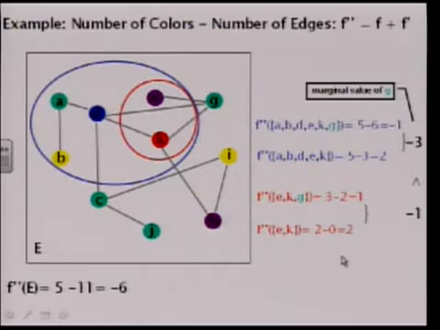If you understand that, the submodular function can also have some property similar to what we talked about for the convex function. We say if you have a linear combination, or in fact an affine transform, of two convex functions, you still have a convex function, right? Okay, so now let's see. If you think about the number of colors minus the number of edges for a graphical model, is this still a submodular function? I think so, because minus